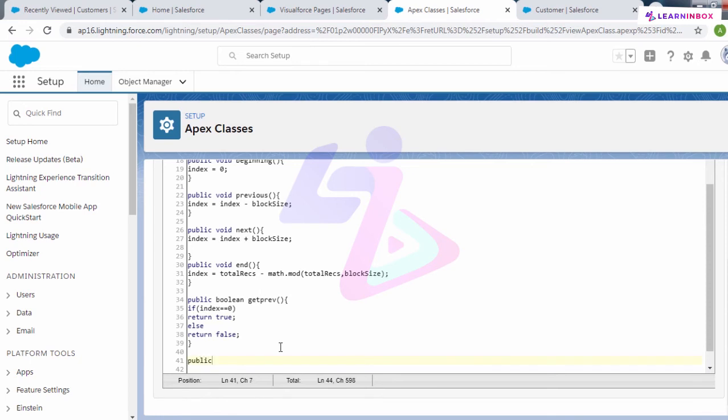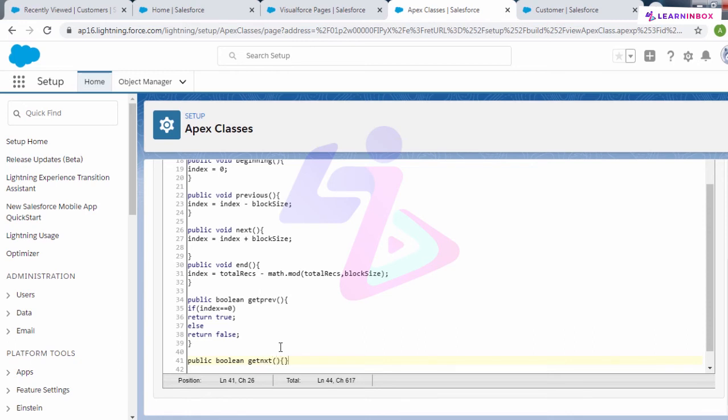Public Boolean, as we have created for previous, we have to create it for the end button as well. So public Boolean get NXT for next.